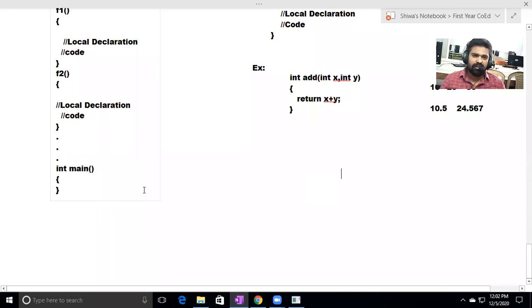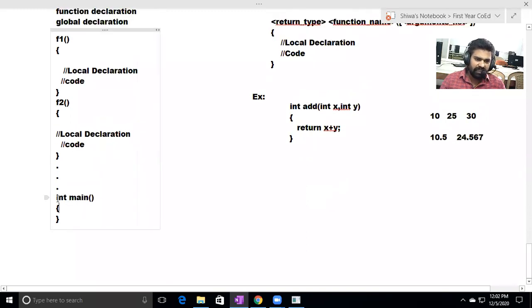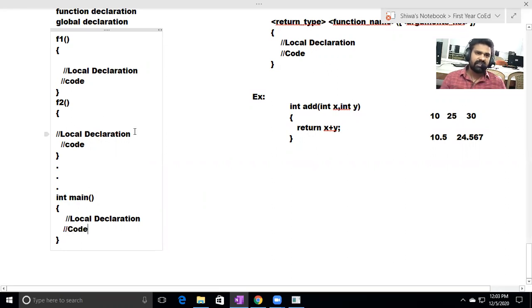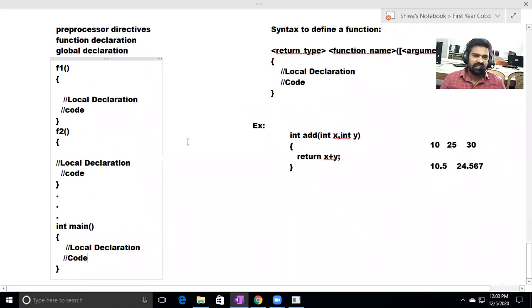So we write int main here. Main is also a function. Here also, if you want to declare any variables, you can declare here, local declaration. And here we write some code, some statements. So this is the structure of a C program.